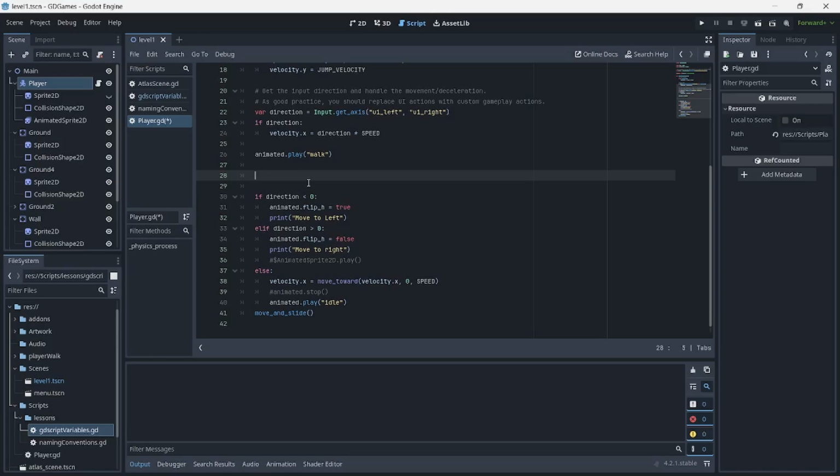But as we can see here, when it comes to writing a variable in GDScript, we use the keyword var, okay? And then we can follow this keyword with a name that we choose, or this is a unique name, right? So let's say I would want to call this var string.